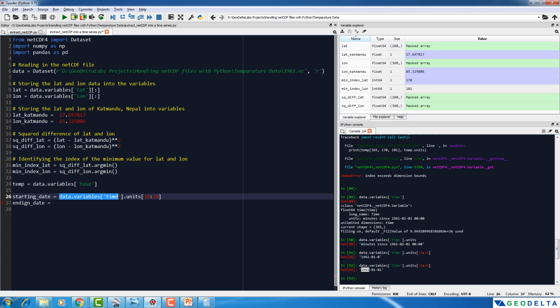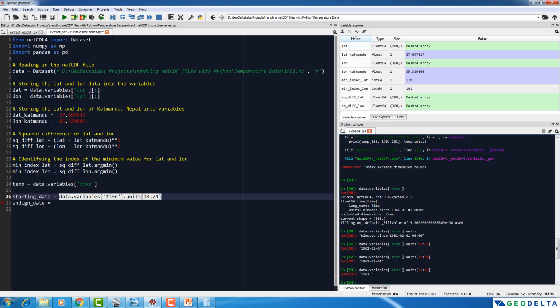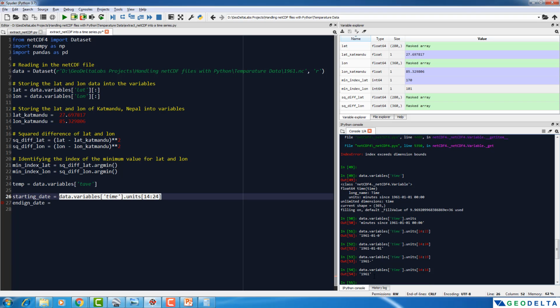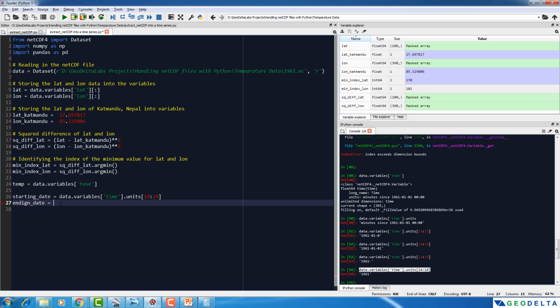In which case, I can still use the same kind of syntax. But now instead of going all the way up to 24 over here, I think it's better to stop at, let's see what happens when we put 19. Yeah, we have this additional dash character which we don't need. So I can go one unit below, which is 1961. So here I'm going to take this one, and I'm going to add manually